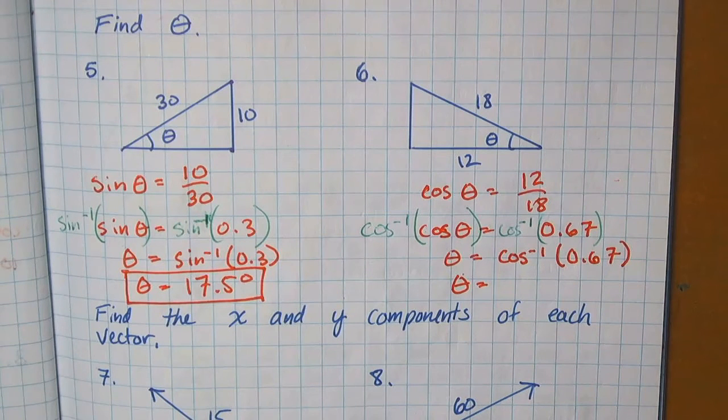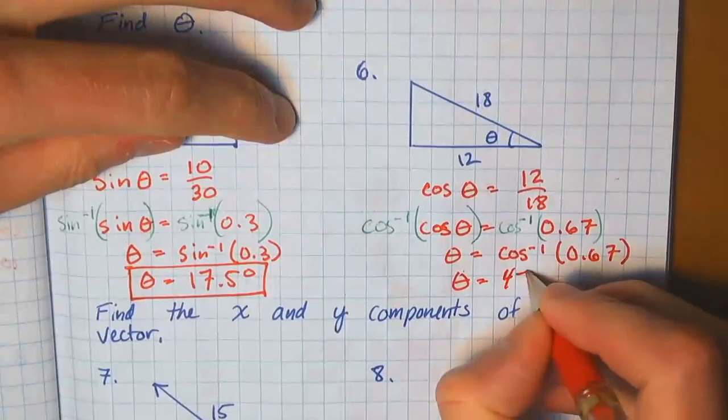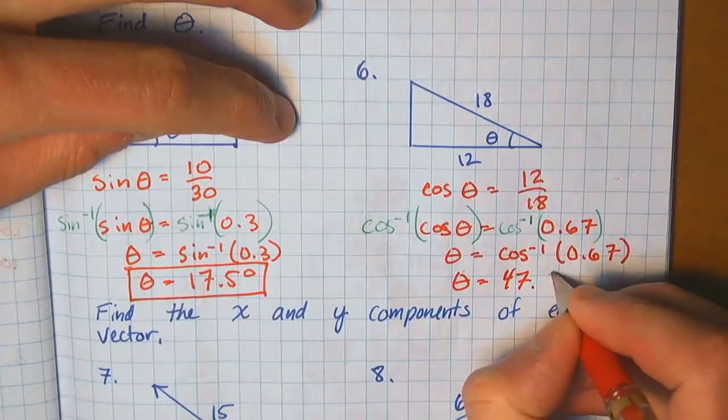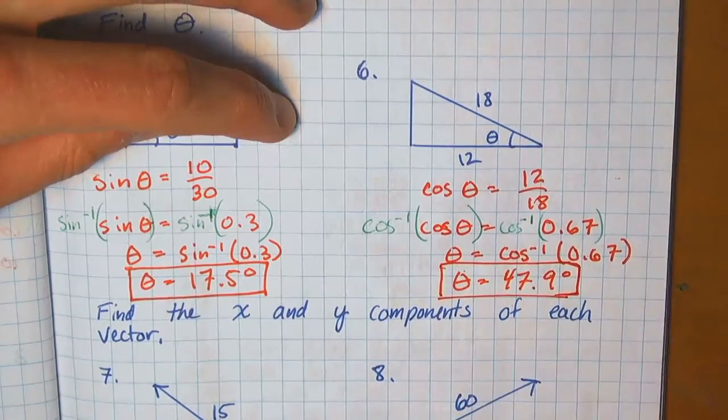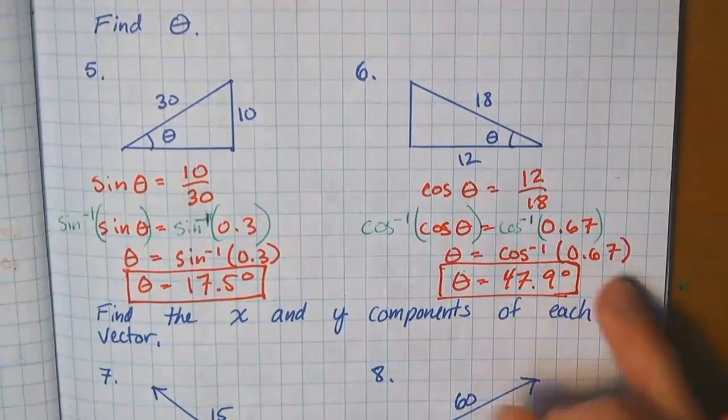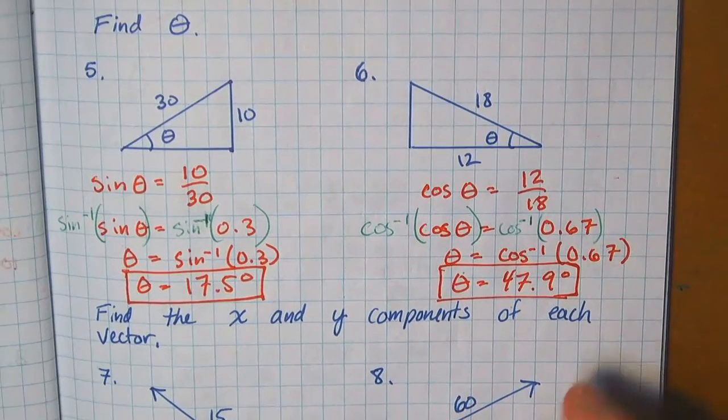That should give you 48.2-ish, I think. Oh, wait, it's 47.9, sorry. 47.9. I don't know, somewhere in that range. It depends on where you round the 0.67. So,